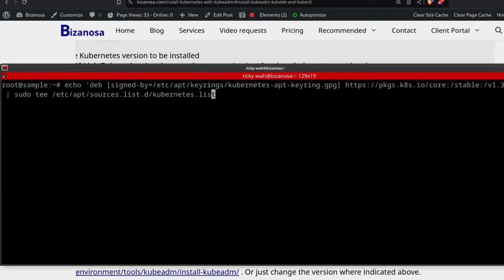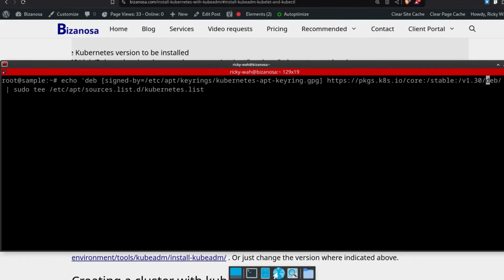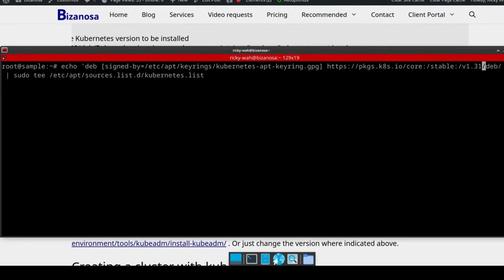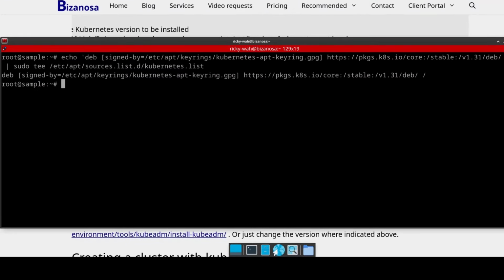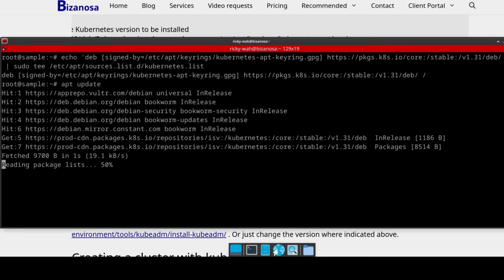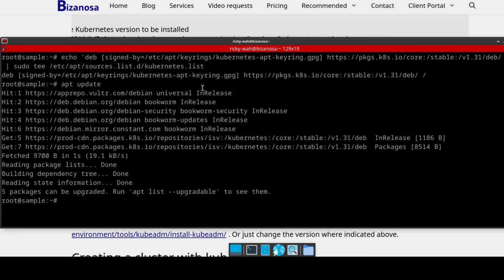So if I change it to version 131, you'll see that now there is something to upgrade. So I've changed version 130 there and then enter. Kubernetes repository has been updated. So let's do apt update and check if, okay, so now that I can see 5 packages can be upgraded,